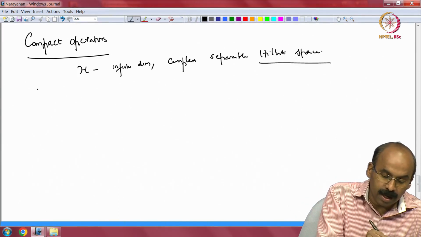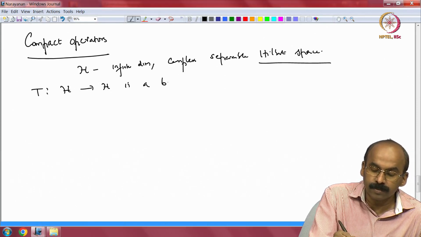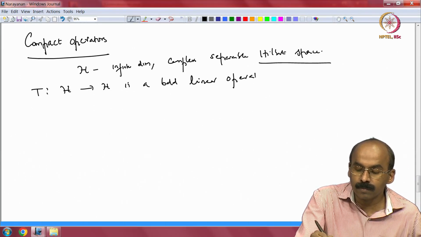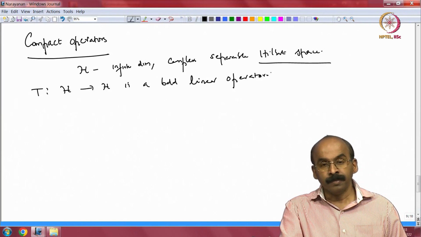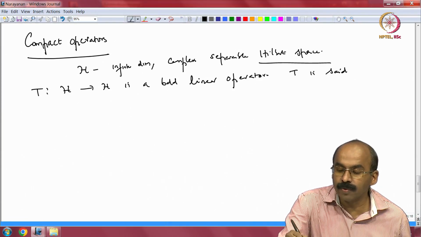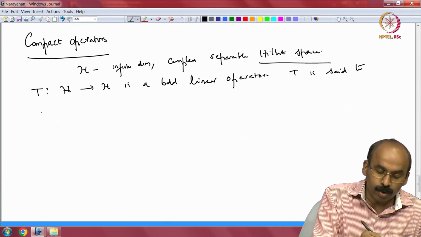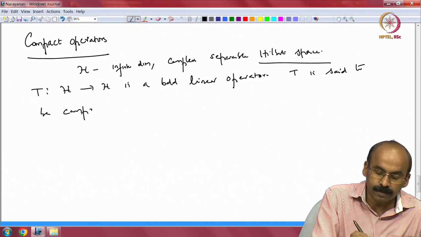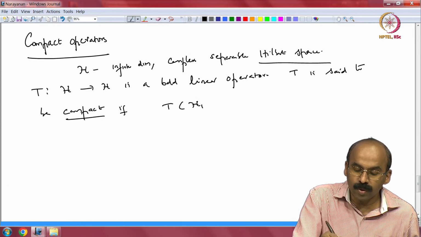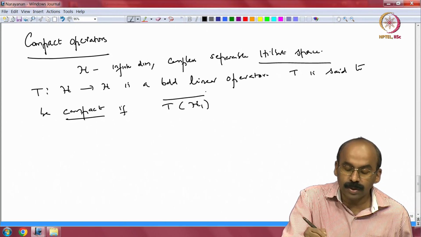Okay. And T from H to H is a bounded linear operator. So, T is said to be compact. Let me define this for you. Again, this is something which you are supposed to know, but we will do a quick recap. T is said to be compact if T of H1, where H1 is the closed unit ball in the Hilbert space H, its closure is compact,